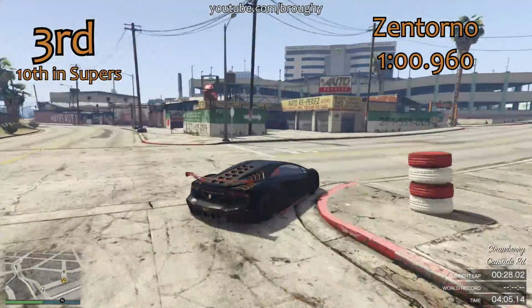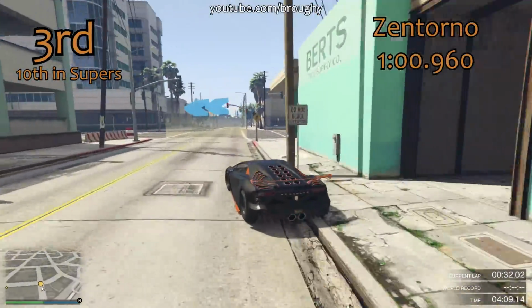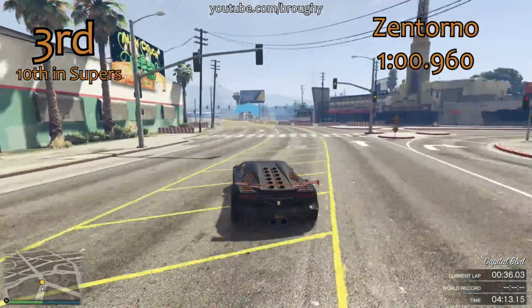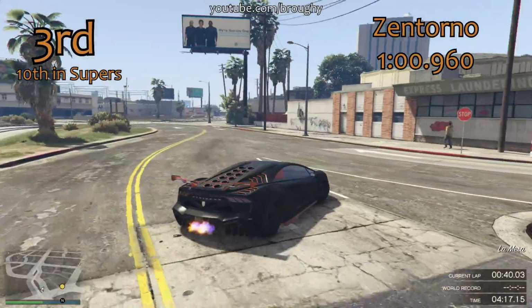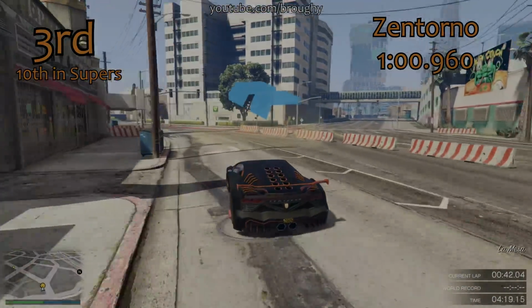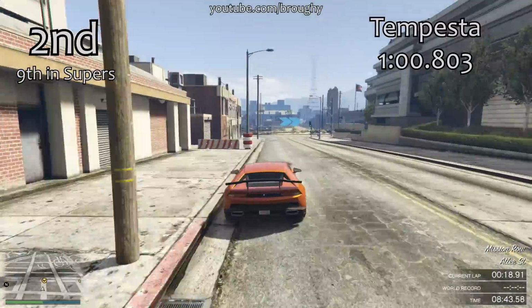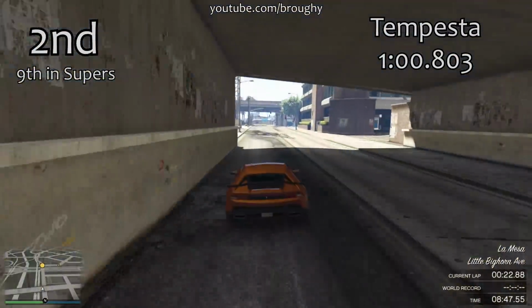For example, some really quick supercars like the Zentorno here that's still doing great in 3rd place overall for all-wheel drive cars. But in general, although there's a lot of quick all-wheel drive cars, there's more quick rear-wheel drive cars, which is something that we'll see when we come to the rear-wheel drive vehicle version of this video in a few weeks' time. So we got the Tempesta here in 2nd place,